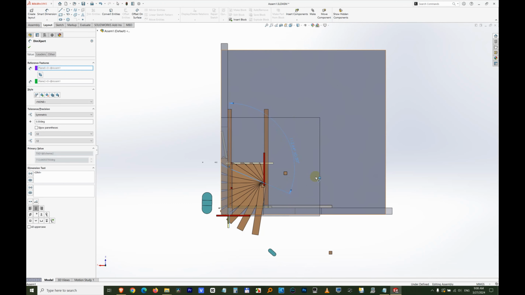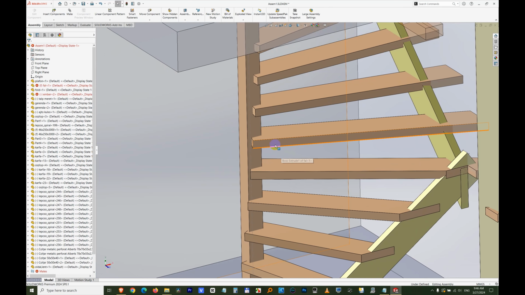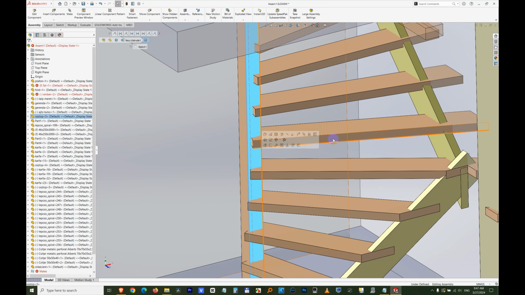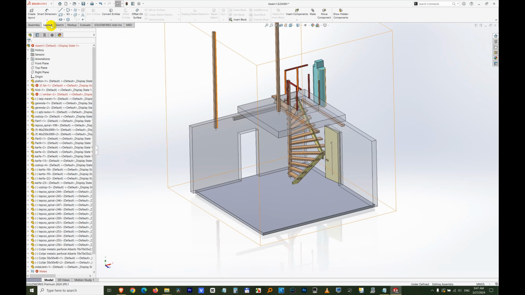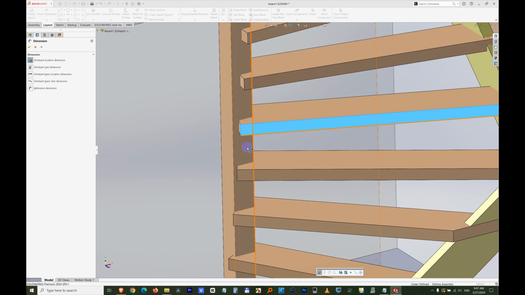You can move that number also between this line and that line. That's the angle. Now let's measure another angle on the same object, the angle between this one and that one. Select everything, layout, smart dimension, zoom in to see it better, click on the first face and on the second